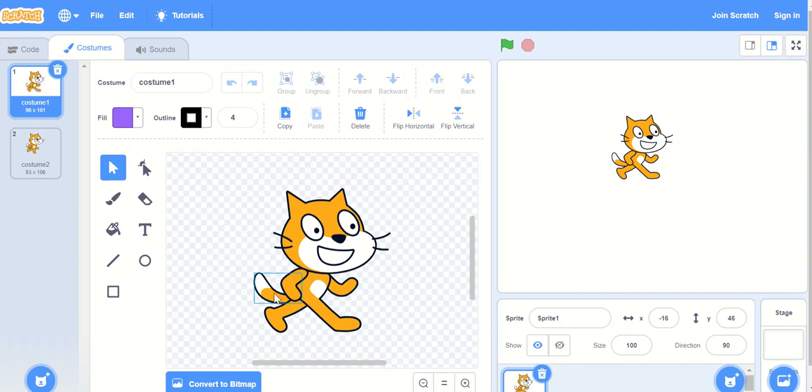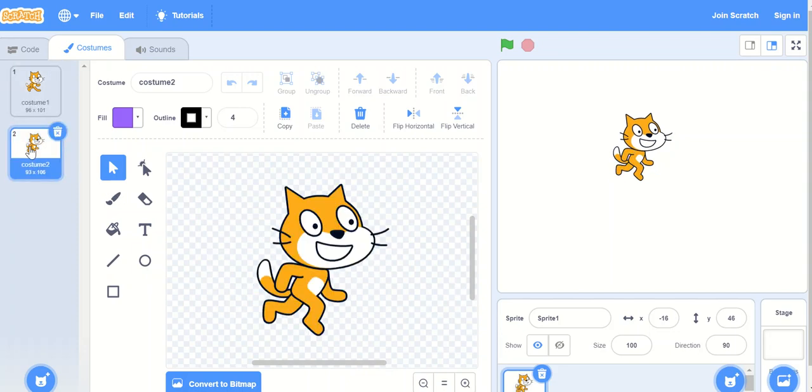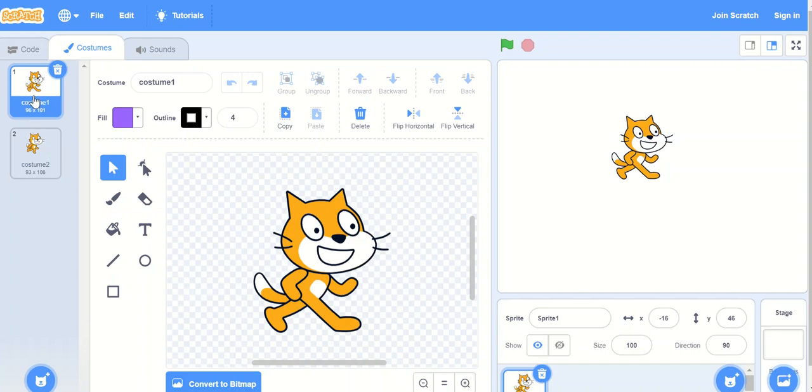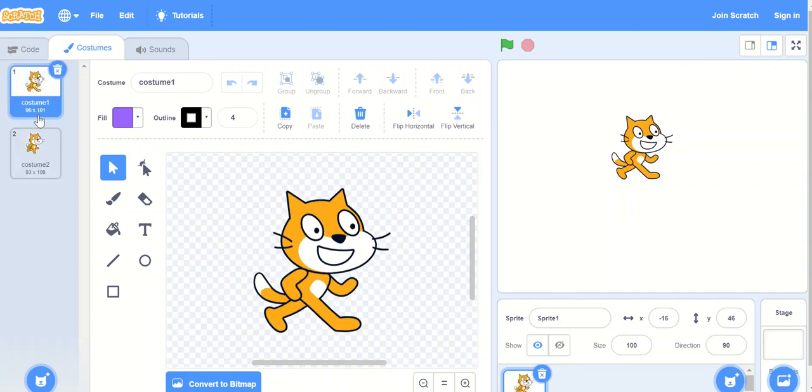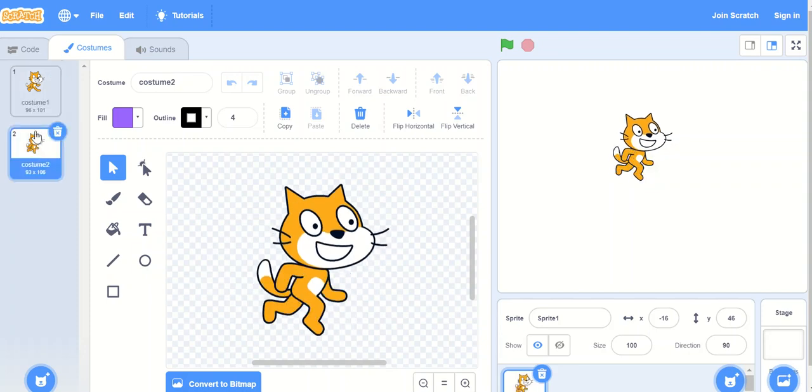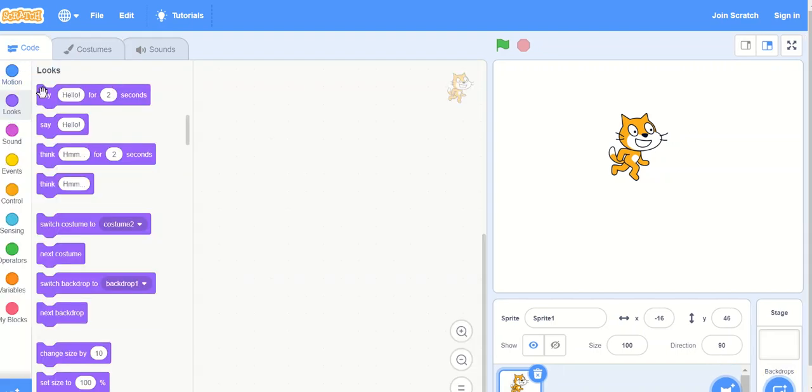In the first costume it seems that it is walking, and in the other it seems that it is running. So these are the two different costumes of this sprite. You can click any costume to have it on the stage. Let's click back to code.